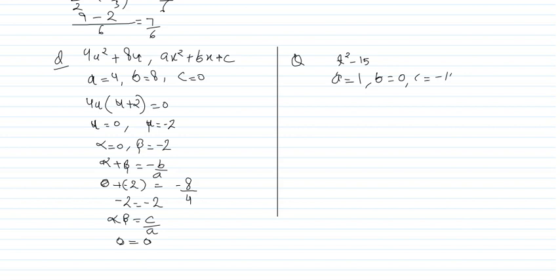So we have again one root, alpha, which is root 15, and the other is beta, which will be minus root 15,